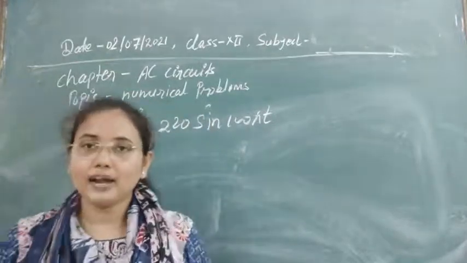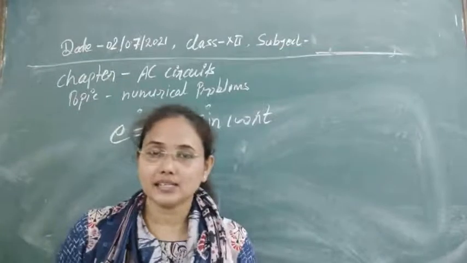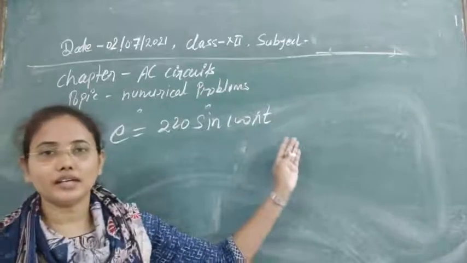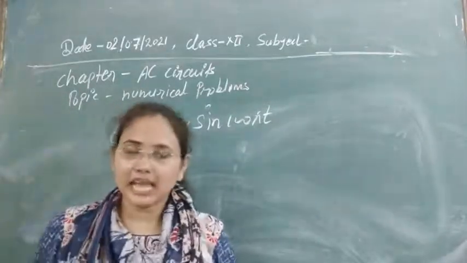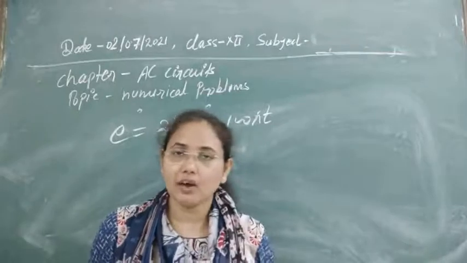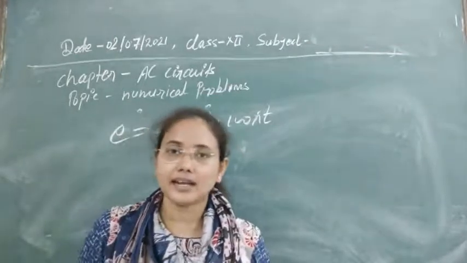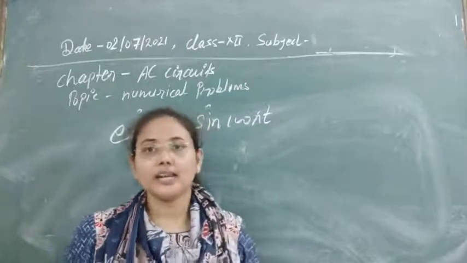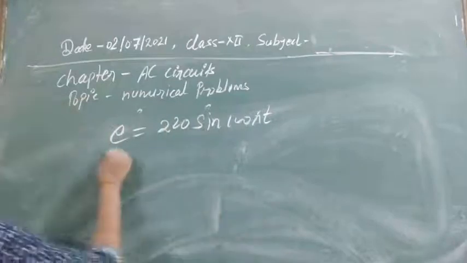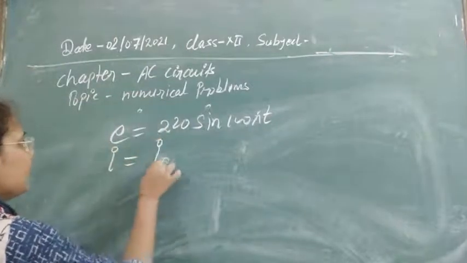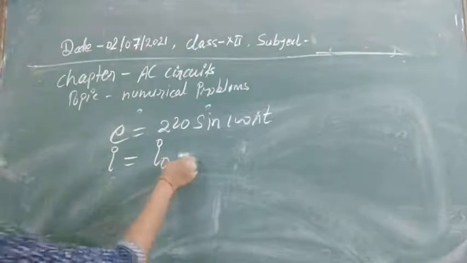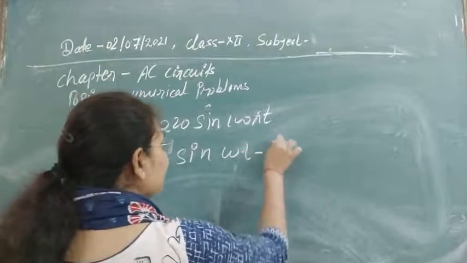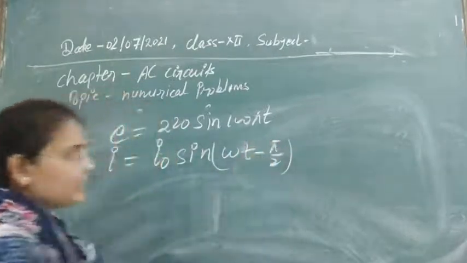First we have to find the value of the instantaneous current, meaning the value at any instant. So we have to write the equation for the instantaneous current here. One more thing, as we know, whenever we connect any inductor in an AC circuit, the current always lags behind the voltage by a phase of pi by 2. So to write the instantaneous value of the current, we can first write the general formula, which is I is equal to I0 sine omega t minus pi by 2 for any inductive circuit here.